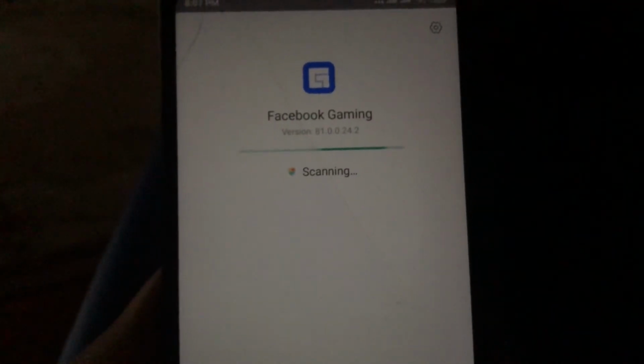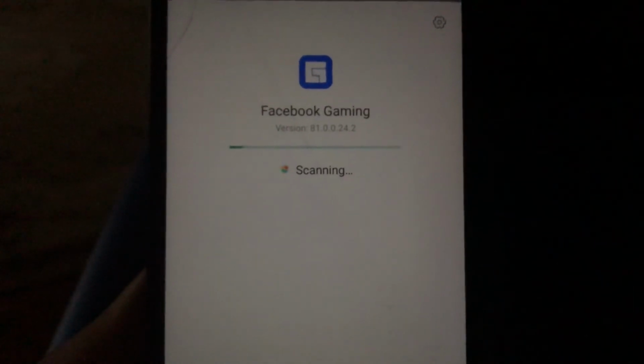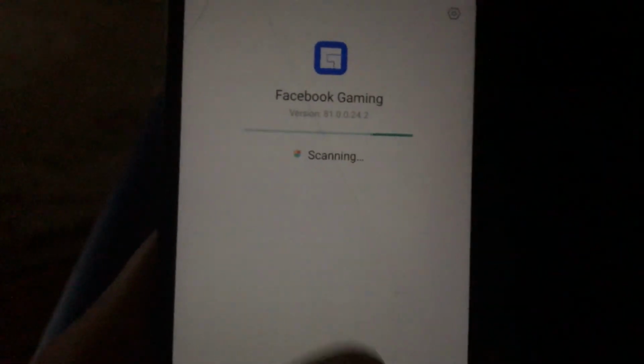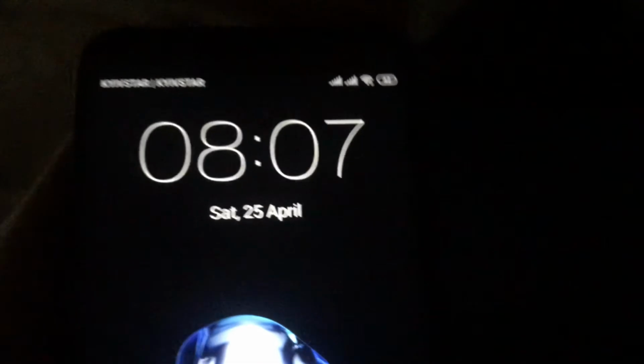So installing finished. So let's open our application. Just wait after it will scan all the files new for your Facebook Gaming application, and just propose you to open it. So here you can see open, just click on it. So just click here to open it,